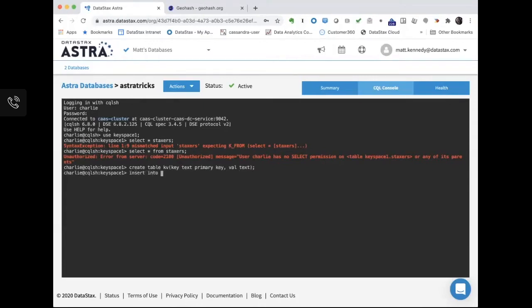Now I'm going to insert into KV values, and we're just going to make a simple 1 and a key value entry in that table, and I can read back from that. So I have permission to read the table I created, even though I did not have permission to read that Stackers table. So now let's see what we can do with one of the other users.